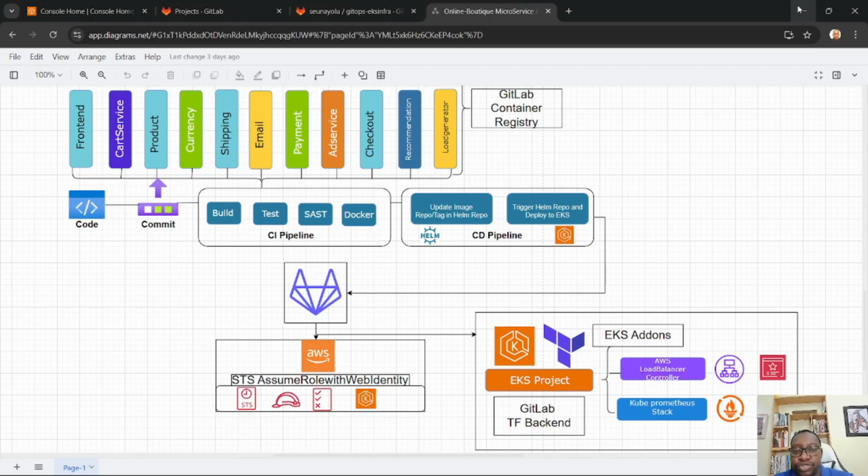My name is Oluwashim, and we want to continue from where we stopped on our project. Today we will be building our EKS cluster, because we need to deploy the application that we have built onto the cluster and see how it